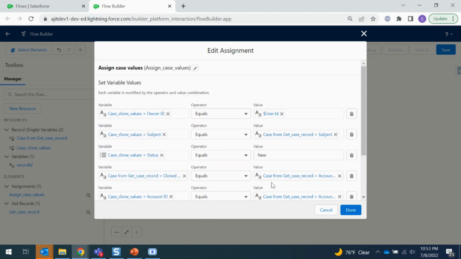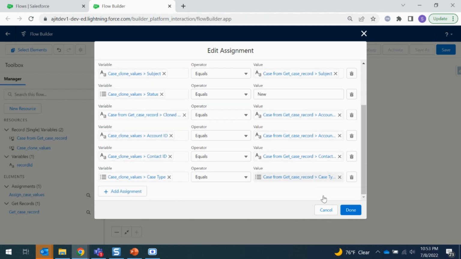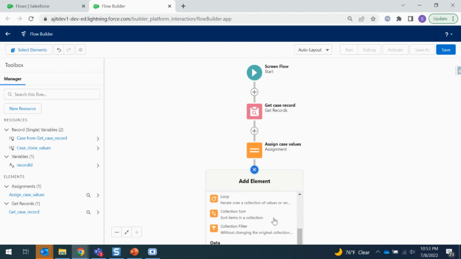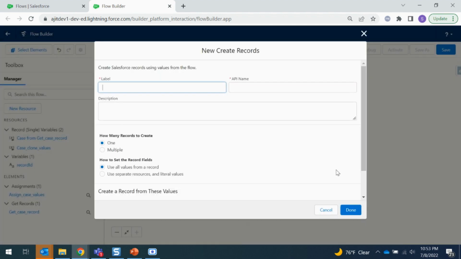That should be okay. So, yep, I'm just assigning all these field values to a new cloned case record. So that's it, here we just assigned. Now the next one should be the creation of this assignment. So let's create a record. Say create cloned